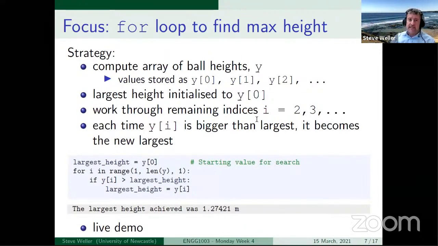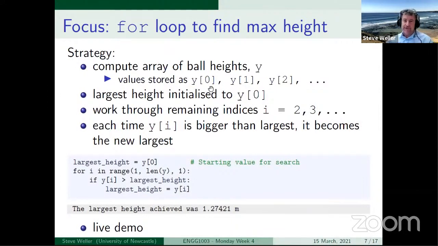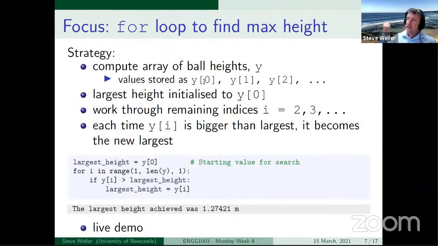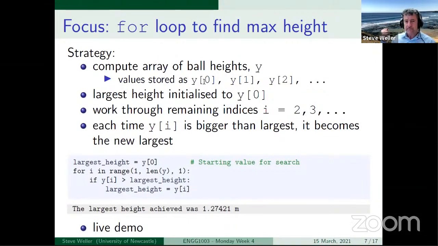One strategy for finding the maximum height is to initialize the maximum height at the first value, store that value somewhere, and compare it with the next value in the Y array. If that is higher than the value we've stored as the maximum height to date, then we update the maximum height to date, and we compare it with the next value,